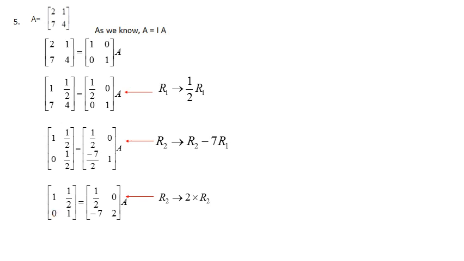1, 0, 1. Now we have to change this 1 by 2 to 0. How to change? Just simply R1 minus 1 by 2 R2. Means if you subtract one more 1 by 2, keep here and subtract, this becomes 0. 1 by 2 minus 1 by 2, 0. That's what is written here. R1, that is this 1 by 2 minus 1 by 2 multiplied with 1, that is 1 by 2. 1 by 2 minus 1 by 2, 0.